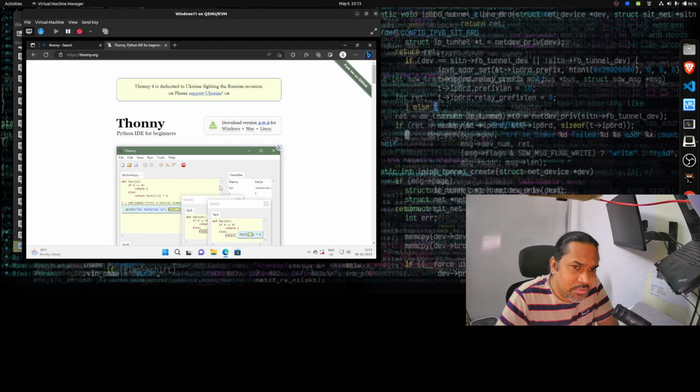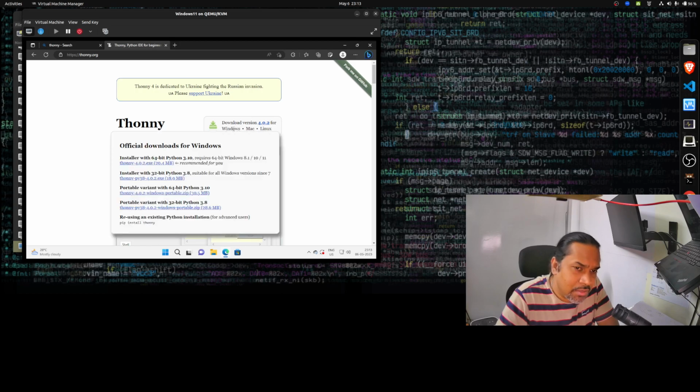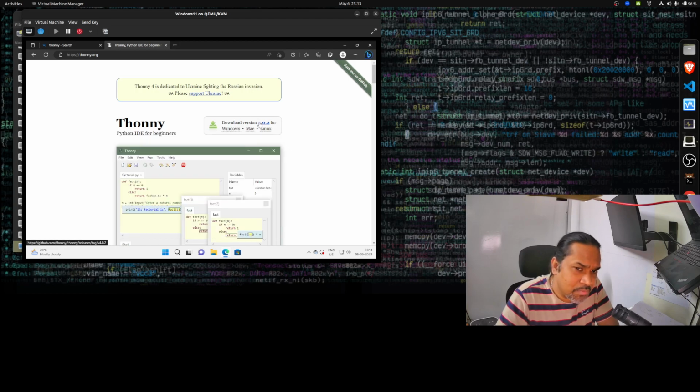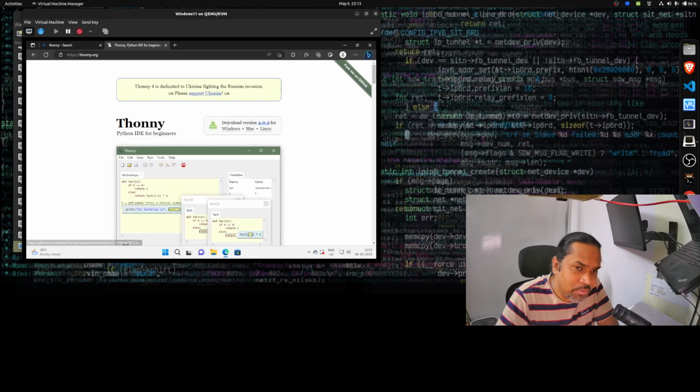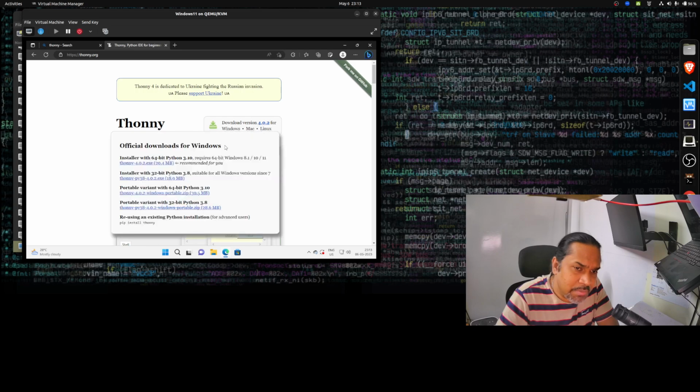This is Thonny's homepage right now. And you have download versions for Thonny at this point. At this point in time, you have 4.0.2 available for Windows, Mac, and Linux. I'm going to select Windows here because I'm demonstrating on a Windows virtual machine, just to download and install on Windows. When you select Windows, you can see a small tooltip that pops up,